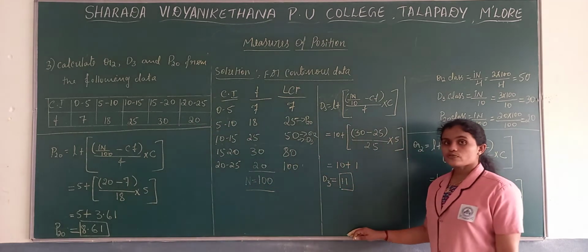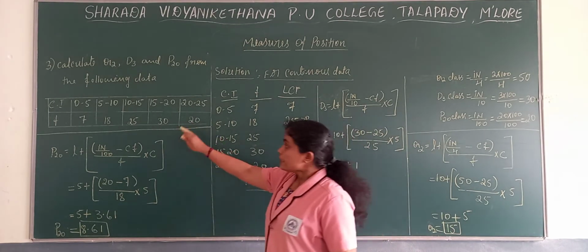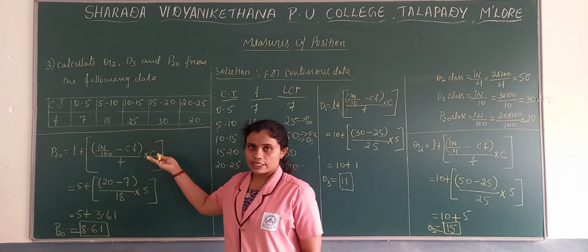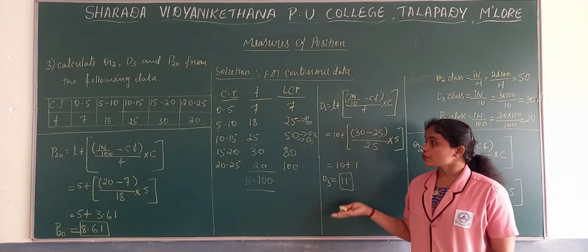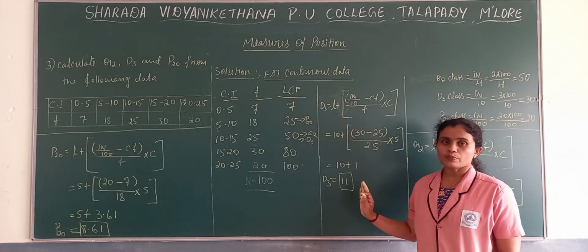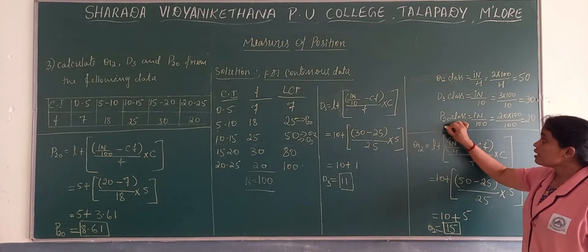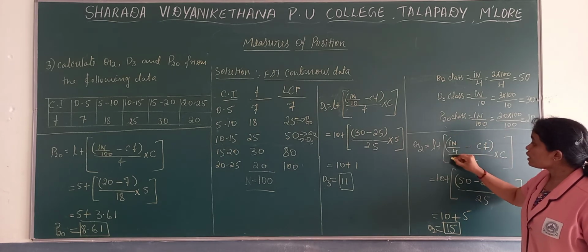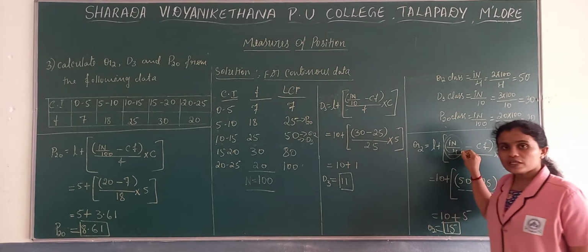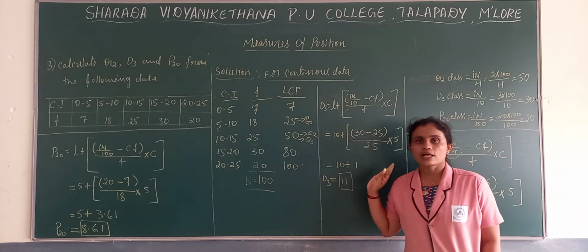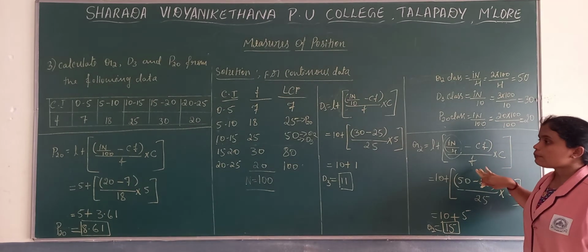Percentile is about continuous frequency distribution. The problem is a bit lengthy, but it is easy. Here, if you get inclusive classes, you have to convert them into exclusive. Now we have completed the ungrouped formula, grouped discrete and grouped continuous, and these formulas are similar to the median, depending on whether it is quartile divided by 4, deciles divided by 10, or percentile by 100. Only these things change, and the rest is similar to your median class. If you are thorough with the median formula and procedure, you can easily solve this problem. LCF you have to find, and the different classes you have to find, then apply the main formula.